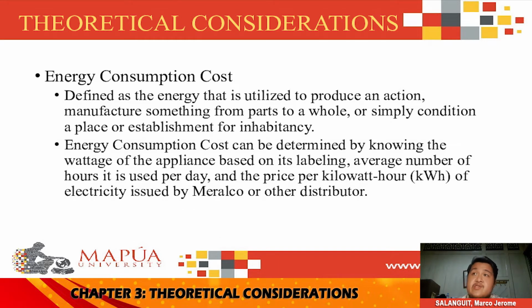Now we have here the energy consumption cost. It is defined as the energy that is utilized to produce an action, manufacture something from parts to a whole, or simply air condition a place or establishment for inhabitancy. Energy consumption cost can be determined by knowing the wattage of the appliances based on its manufacturing label, average number of hours it was used per day, and the price of kilowatt per hour of electricity as per your local